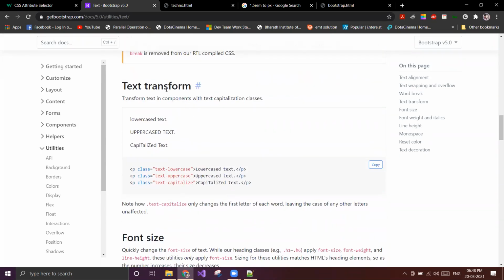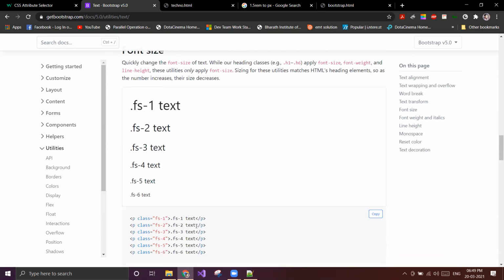Then we have text transform, which is one important thing. If I write text-lowercase, automatically it will be converted to lowercase. Then we have text-uppercase, it will convert it to uppercase, and text-capitalize, where the first letter will be capitalized.